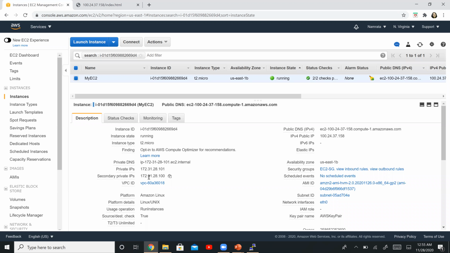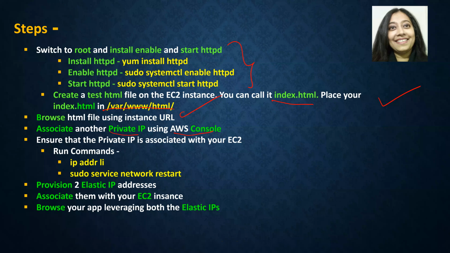Okay, so this private IP address is kind of still not associated to this instance. And that's where those reference URLs actually come in handy, because they talk about the fact that although you have added the IP address, it's not yet associated or attached to your instance. And we will see that. So we basically kind of associated, quote unquote. Now we have to ensure that it is truly associated, right?